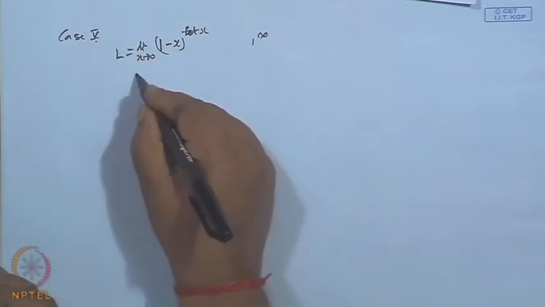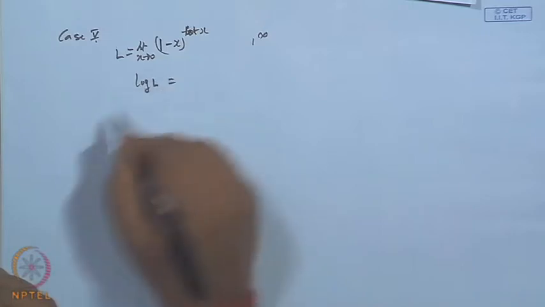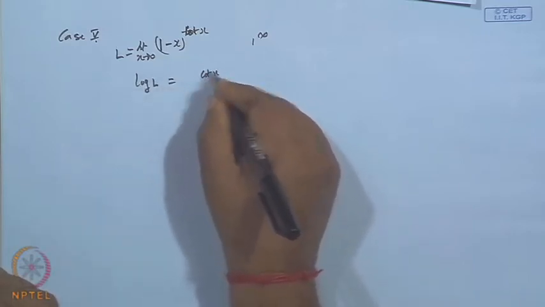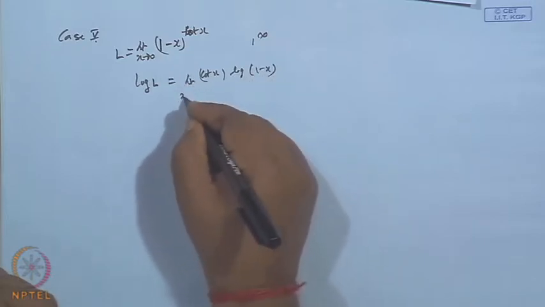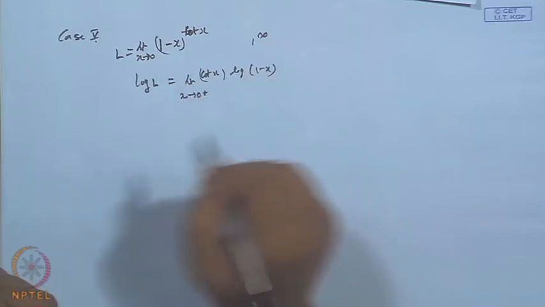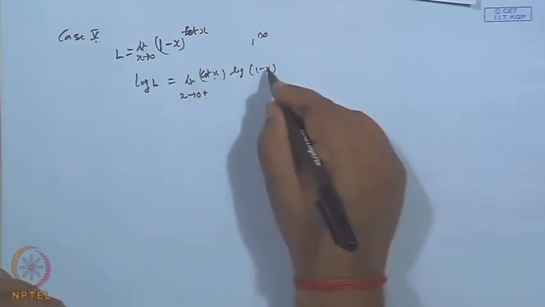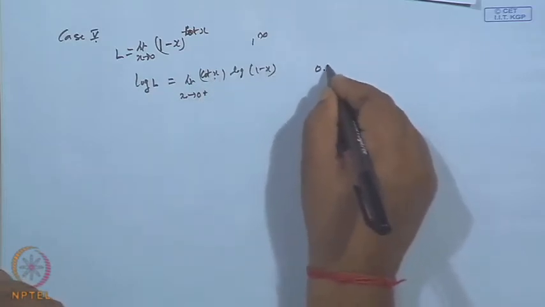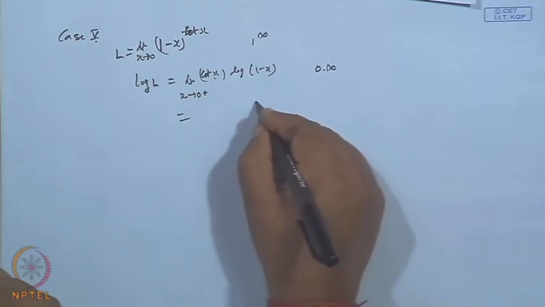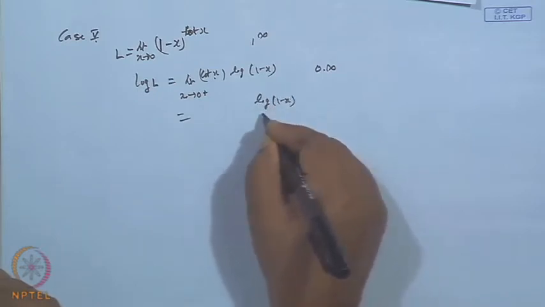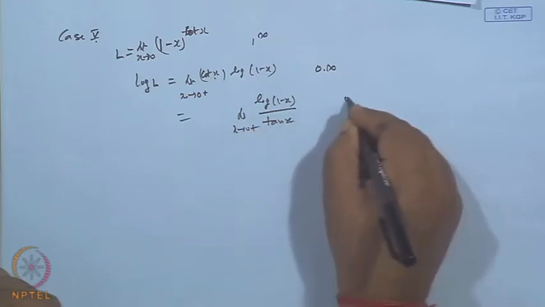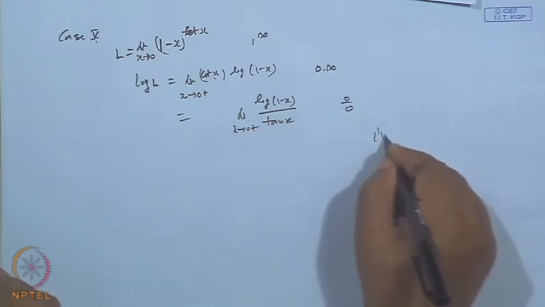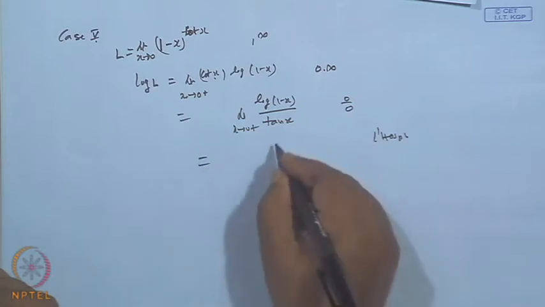Take L and then log L. So, log L will be equal to what? Cot x into log 1 minus x, and x tends to 0 plus. So, cot 0 is infinity, this is 0. So, 0 into infinity, then again you can take log 1 minus x divided by tan x, and x tends to 0 plus. So, it is 0 over 0, apply L'Hospital's rule, and we get from here